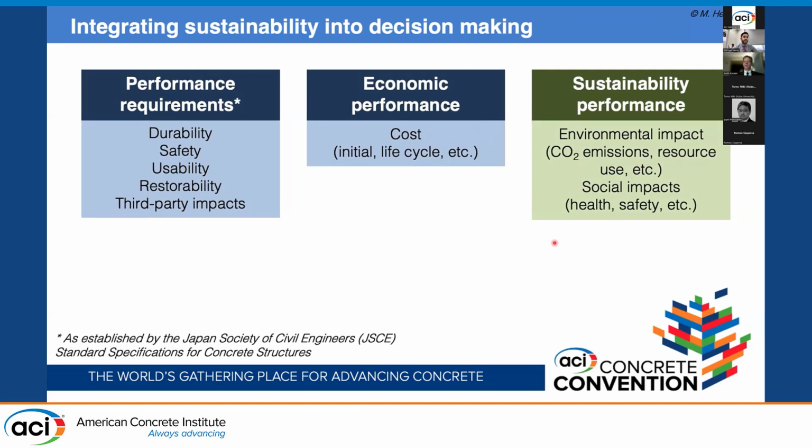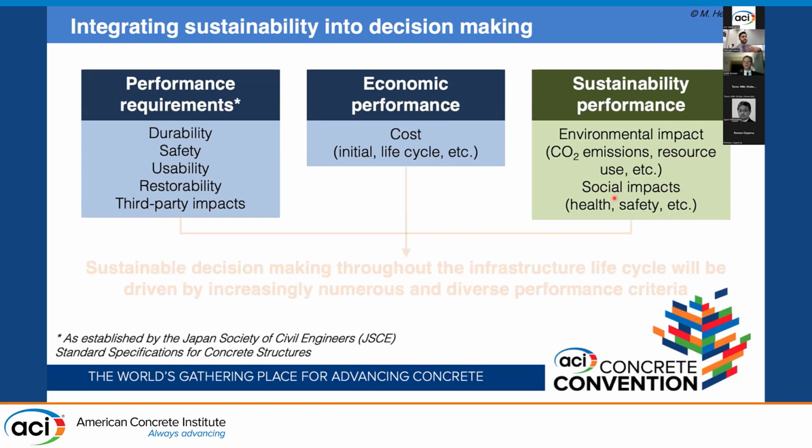Sustainability performance can be very complex. And of course, it depends on how we define sustainability, how we define our boundary conditions, what we choose to reflect. Commonly, CO2 emissions are referred to as one of the primary environmental impacts that we consider to reflect environmental sustainability. Resource consumption, waste generation, and so forth are a few of the other ones. Of course, there are social impacts as well, health, safety concerns, and so forth. But now we can see that not only do we need to meet performance requirements and try to minimize costs, but we also want to minimize these environmental impacts and generate as much sustainability value as possible.